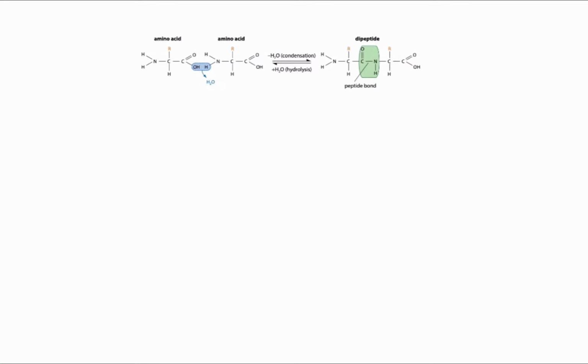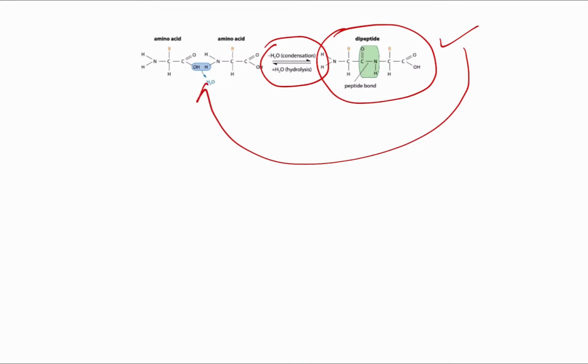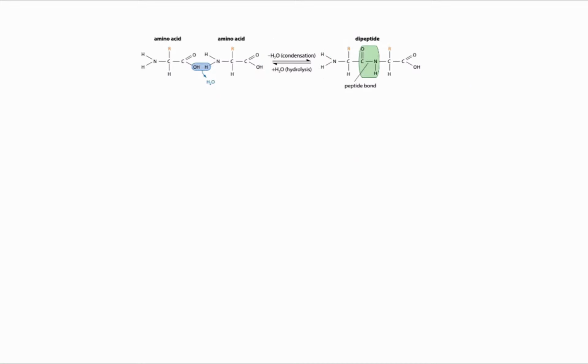As we know, we do have a dipeptide that is formed as a result, but I also mentioned how this reaction is reversible, meaning not only can you get this product, but you can go back and form the reactants. And this is done by something called hydrolysis. So remember, in the initial reaction, you have this first amino acid, you have this second amino acid, and then you have this water that's released, which is a condensation reaction, or a dehydration reaction, we like to call it. So I'll just write that there,